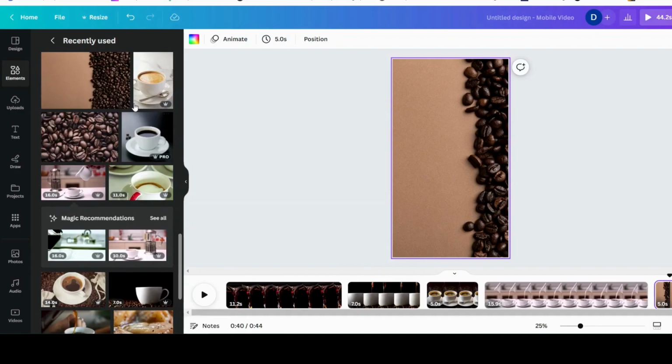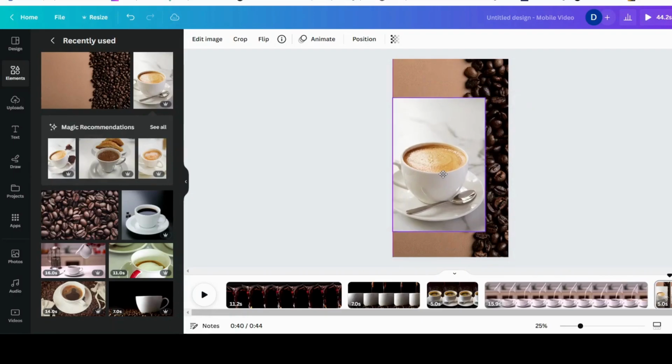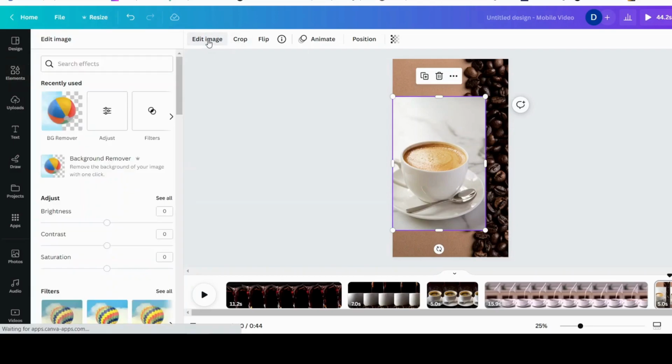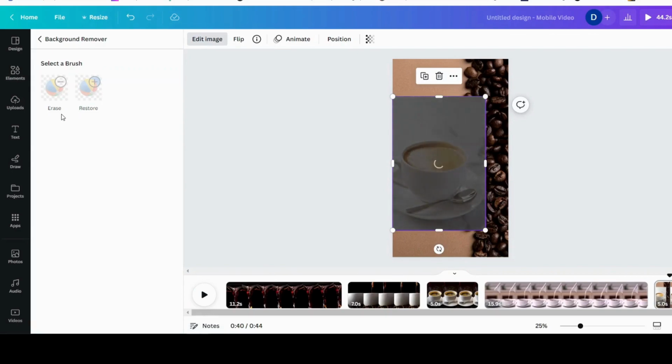Now you just click on it. Now for this, there are two ways to do it. If you have a pro version of Canva, you can just click here and you edit image and you go to background remover and you remove the background, which is what I did because I have a pro account. But if you don't have one, then